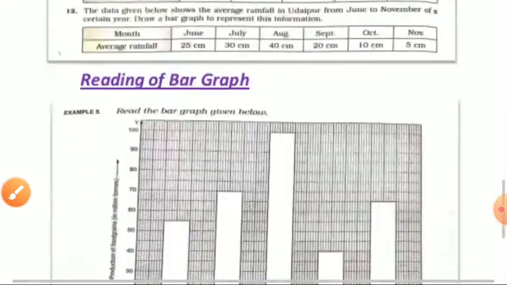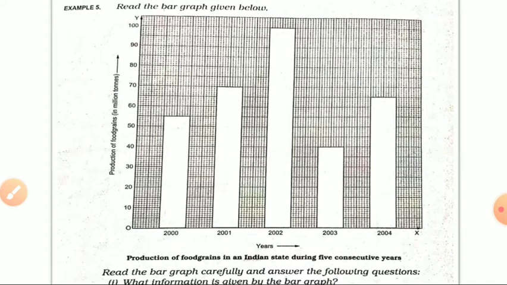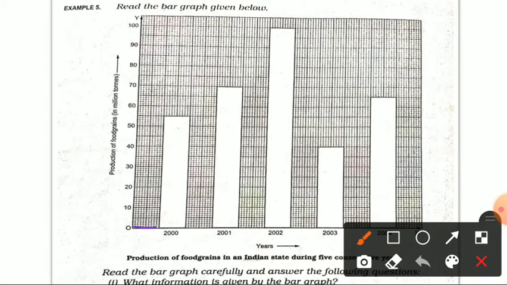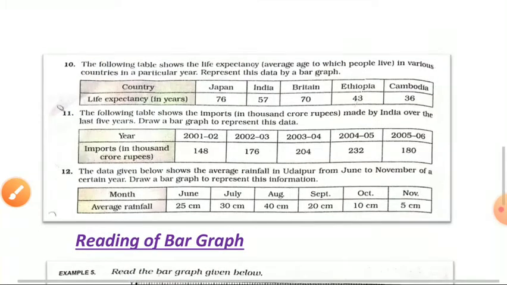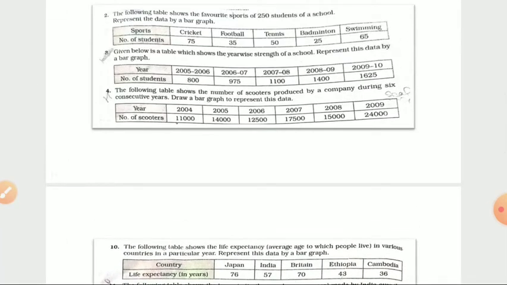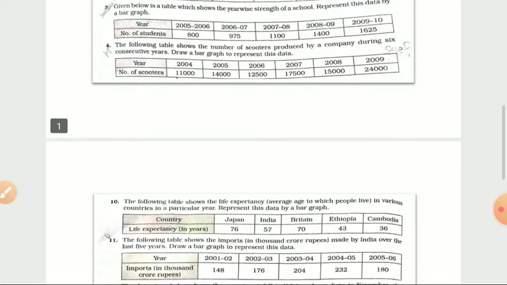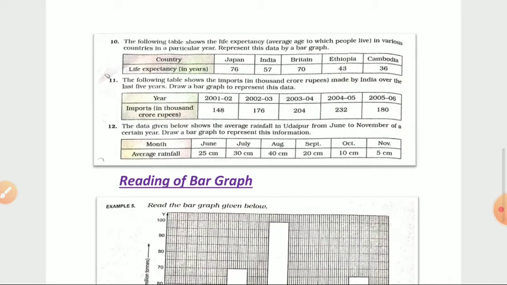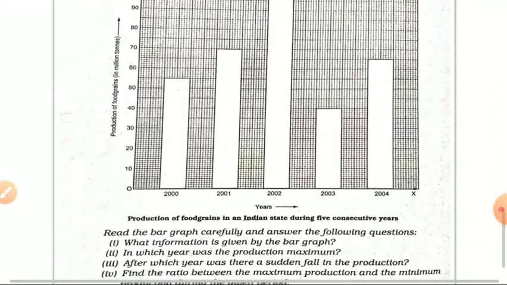I'm showing you one example here. You'll get the graph like that. Here you can see we leave one block, then we make the bar, leave one block, then we make the bar according to the height which is required. You all need to try making this type of graph. For this, please use a graph paper, not a simple paper. In any problem, in any question, you can ask during your live class.